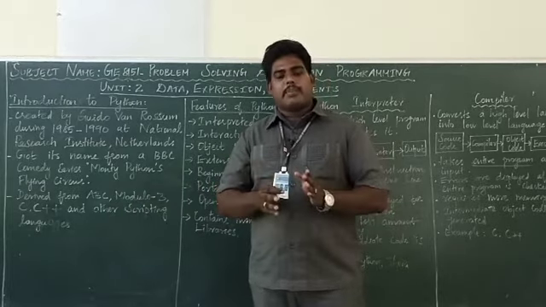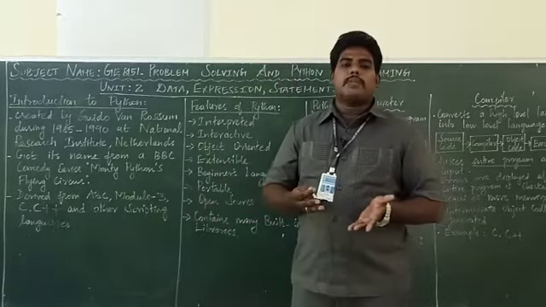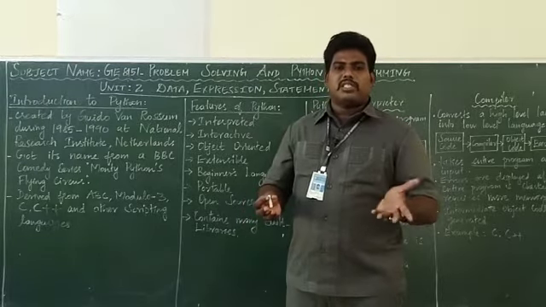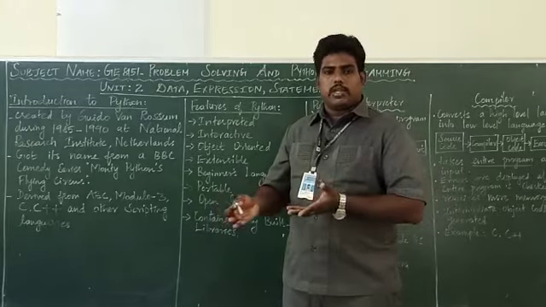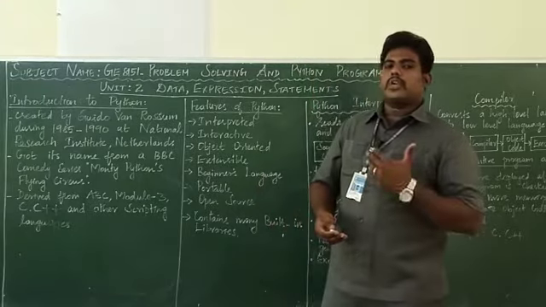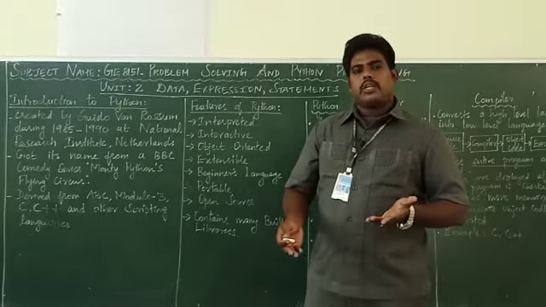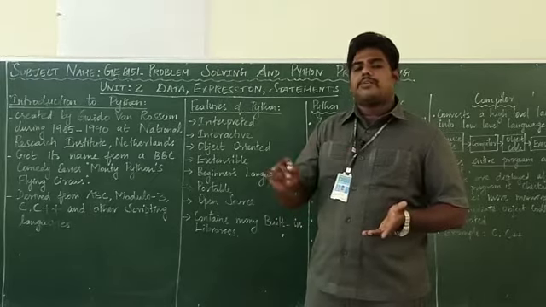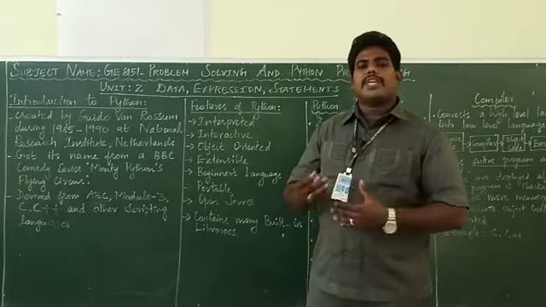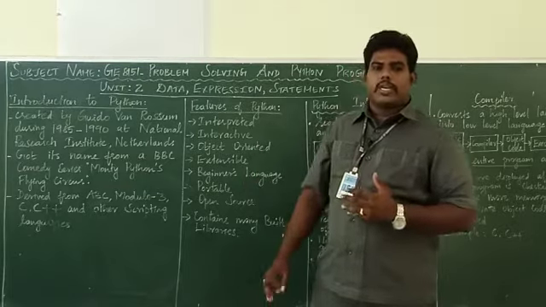Actually, these interpreters and compilers are nothing but translators. What are translators? Generally, you are writing your program in high level languages. That is nothing but in the form of phrases and words in your common language, English. You are writing your code in English. It has to be converted into machine level code, that is zeros and ones. For that only we are using this compiler and interpreter. Okay. So while you are writing each and every statement or instruction, that should be translated in the backend with the help of an interpreter or compiler. Here the Python program is using an interpreter. Okay, that's why we say it is an